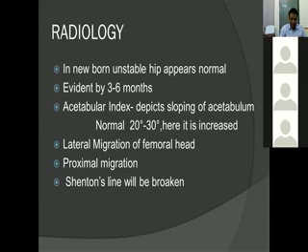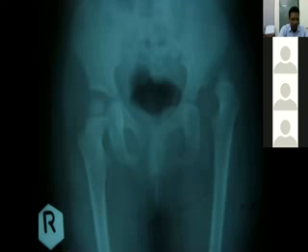Why? The capital femoral epiphysis is cartilaginous at birth, so it ossifies only at the age of 6 months. So almost up to the age of 6 months, because of the cartilaginous nature of the capital femoral epiphysis, it will be absent in the hip joint. So X-rays won't be able to detect it. So I'll show you what to read on the X-rays.